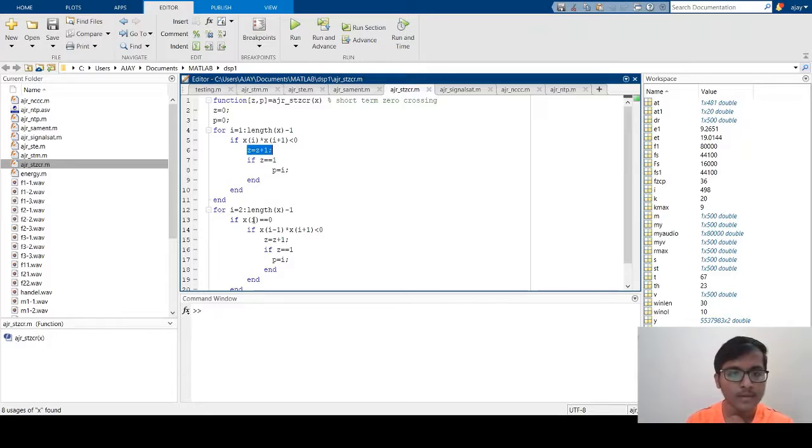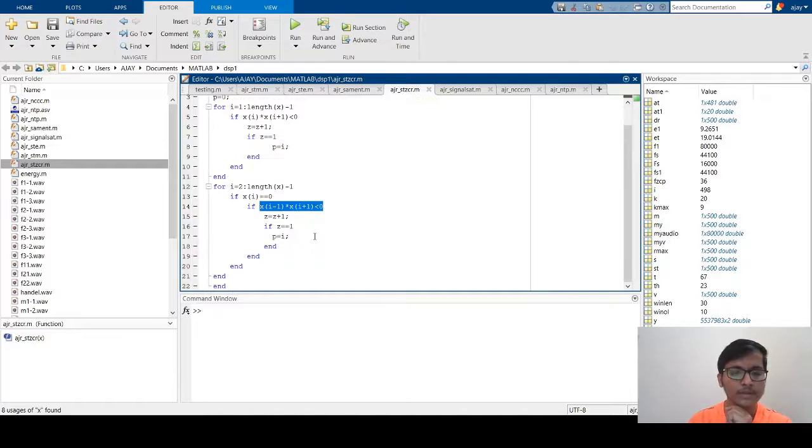And here, in a similar way, if you get -1, 0, 1, then we cannot use this code. So we need to write another code. I will be multiplying the front and back elements of the 0, so that we can know whether it is a zero crossing or not. So x of I minus 1 into x of I plus 1 less than 0. This is the way we are writing it.